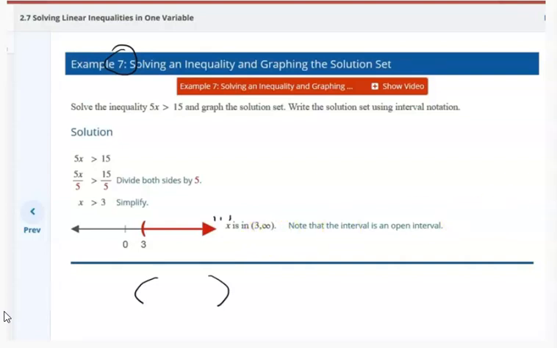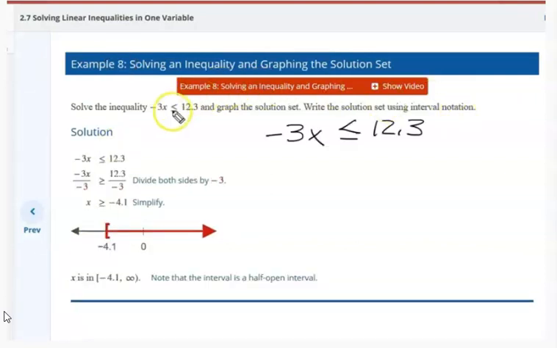Take a moment, get your notes. Now here, as we write out example 8, notice our x value is negative. So the numerical coefficient on this side is a negative 3. We are dividing by a negative 3. So this now becomes a positive x. But to keep this inequality statement true, I have to reverse the inequality sign. And this becomes a negative